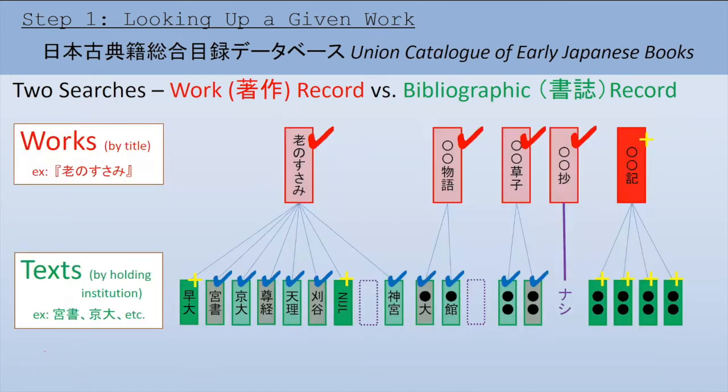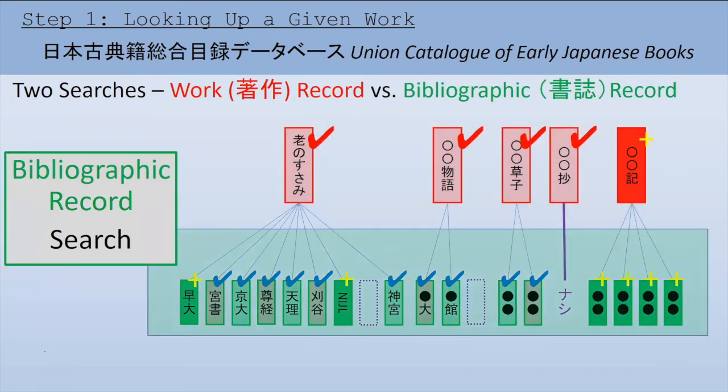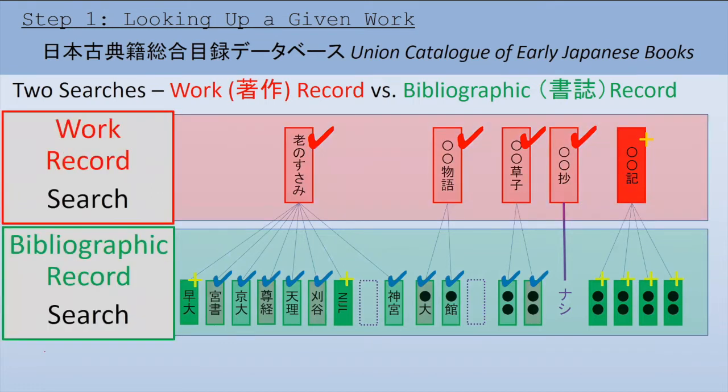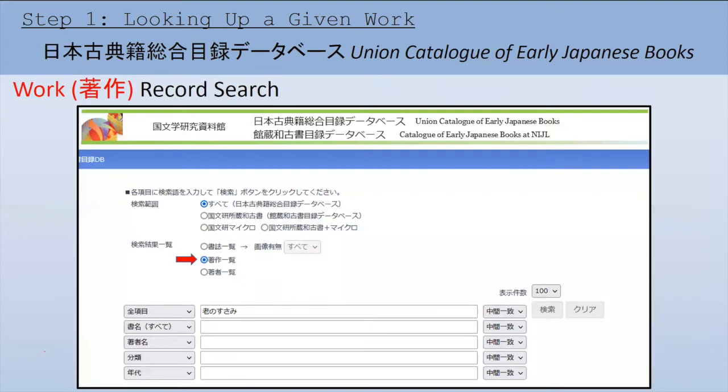These two different search paths reflect the structure of the database as inherited from Kokusho Somokuroku. A work record search scans the curated list of works used to bundle all the different physical texts into coherent groups. A bibliographic record search directly scans the individual records of these texts, as taken from their catalogs. But there is one important caveat. This choice is only available on the older portal. The newer image-oriented portal, Shin Nihonko Tenseki Sougou Database, the database of pre-modern Japanese works, has only the more direct bibliographic record search. Using then the portal that does give us a choice, what do we get when we do